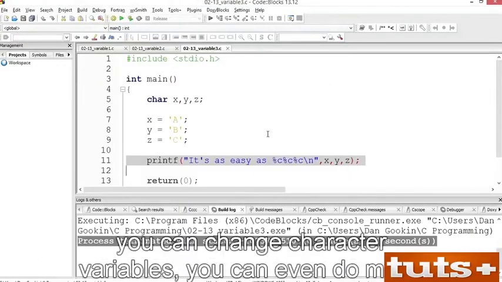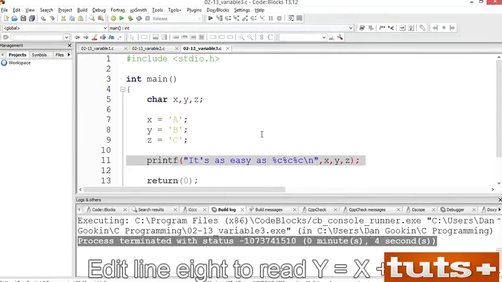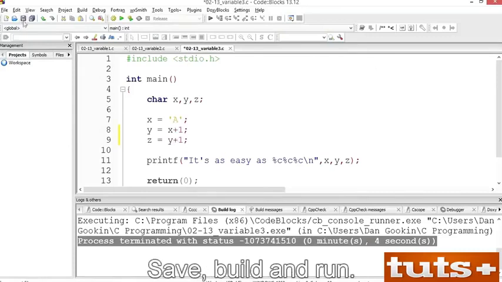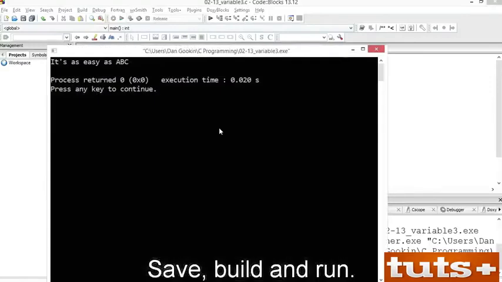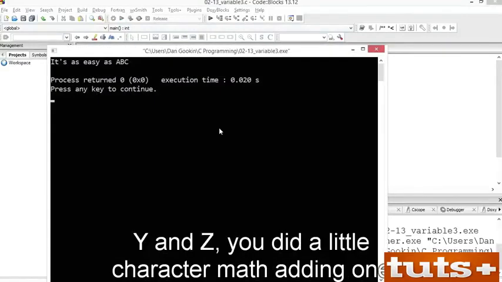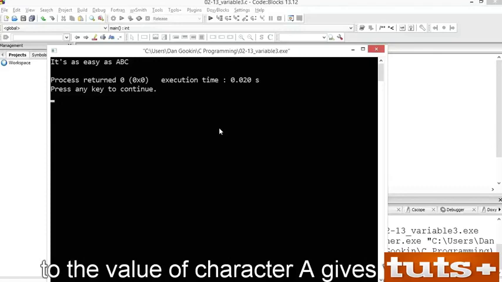You can even do math. Edit line 8 to read y equals x plus 1, and line 9 to read z equals y plus 1. Save, build and run. The output is the same. Instead of assigning immediate values to variables y and z, you did a little character math. Adding 1 to the value of character A gives you a B, and adding 1 to B gives you a